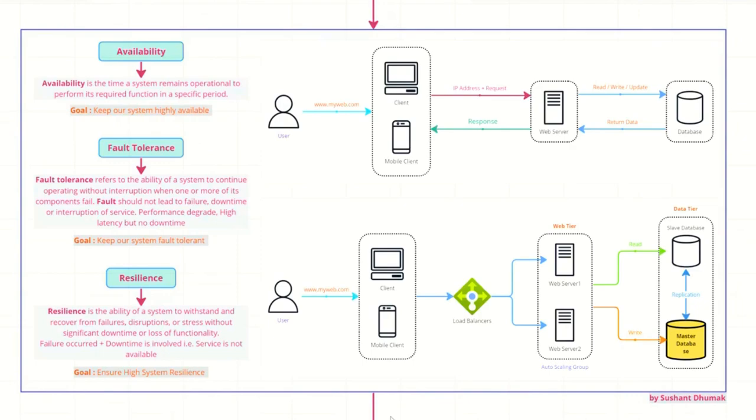We should see to it that we are using auto scaling. We should see how we will use more web servers or databases in our system, so that the system becomes fault tolerant. And resilience is a condition where the system will definitely fail. Maybe a network issue, which we cannot do anything about. Maybe a web server in the auto scaling group has failed. Maybe all web servers have failed. Maybe the database has failed. So how are you designing the system